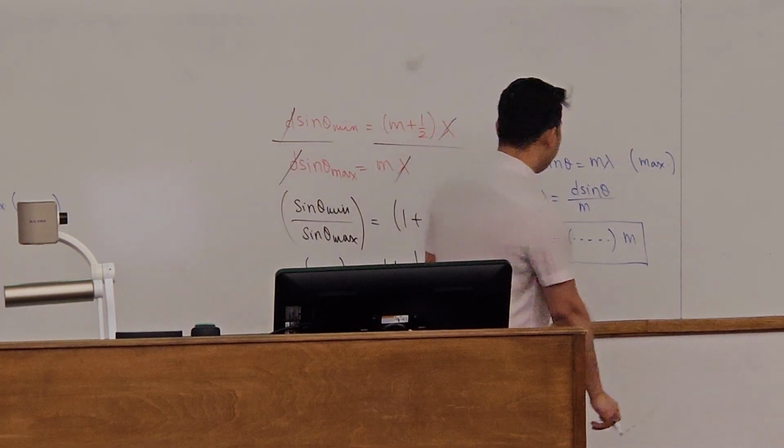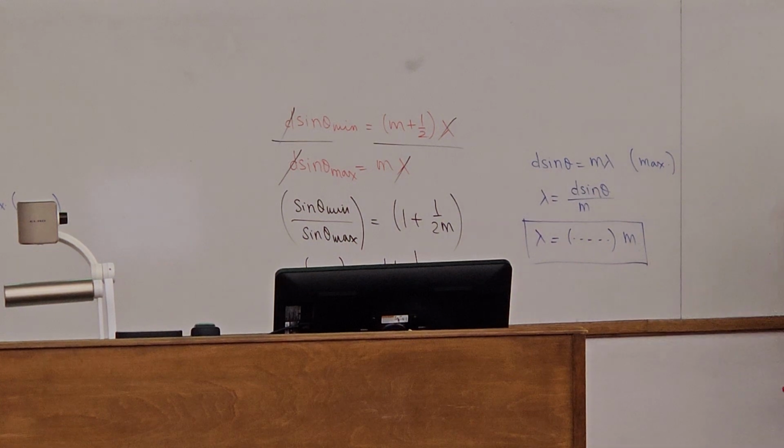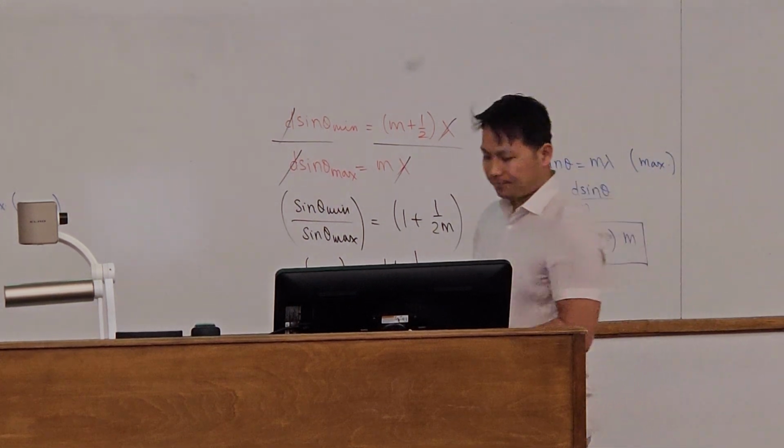So once you know the m value, then you need to find the d value in part C. We can use either equation, d sine theta equal to m lambda. The lambda value is given, the m value you are going to get from part B, and your theta maxima is given. That's one unknown, that's d. Can you calculate it? Yeah. So try to solve it.